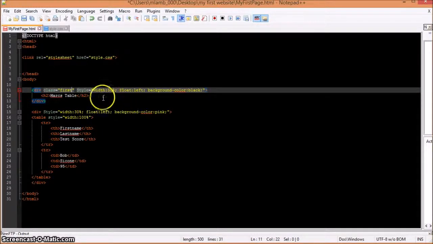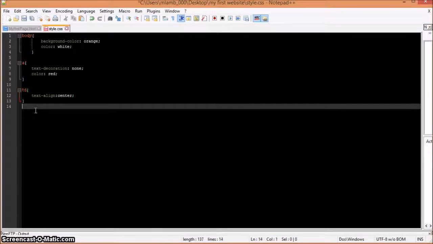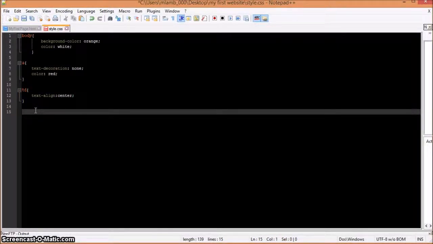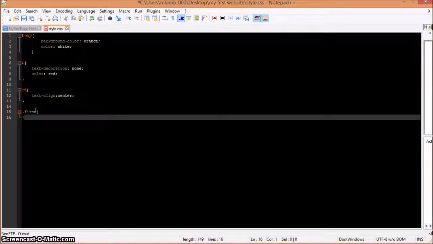and let's go ahead and show this. So what I'm going to do is, instead of doing it in here, I'm going to go to the style sheet and change stuff around. So with a class, let's go dot first, and then just like any other CSS, we're going to change the font size. So let's go font size, and let's go 20 point, and let's save that,